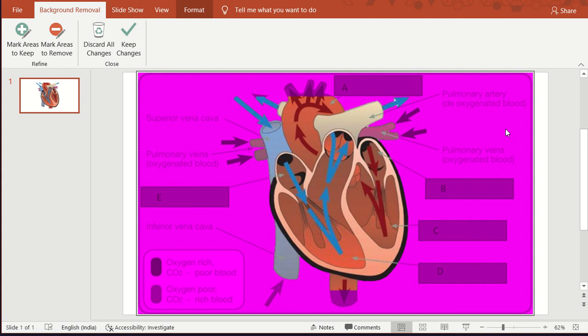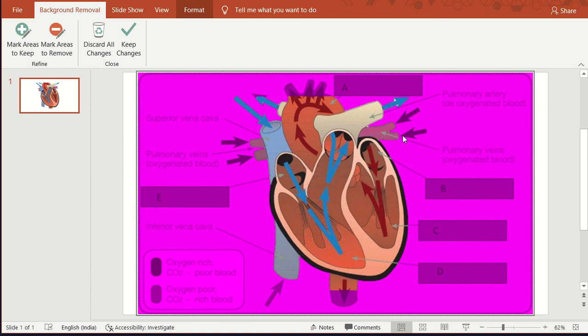However, if this is not the case and you want to mark down the areas that you want to remove, you can always go ahead and select these options. There are two options that you will see. One is mark areas to keep. That means you mark the areas that you would like to keep, because the moment you click on this, a pen becomes highlighted, and then with the help of my mouse cursor I will be drawing the boundary, and that will be the specific area which is kept, and all the other things from the figure are going to be removed. It can be done vice versa. Either I can mark the areas to keep, or I can mark the areas to remove.